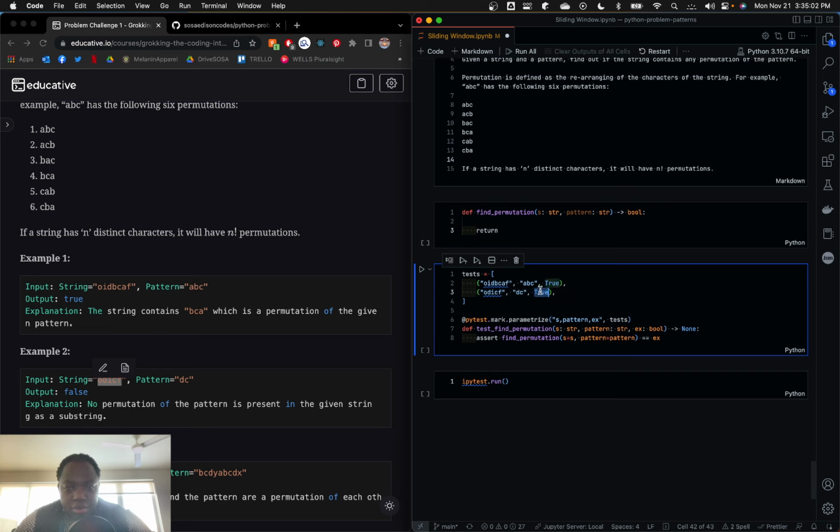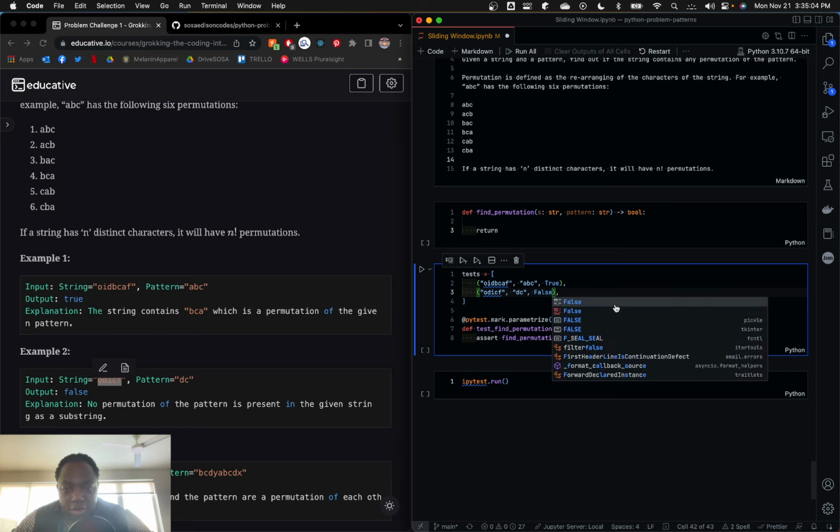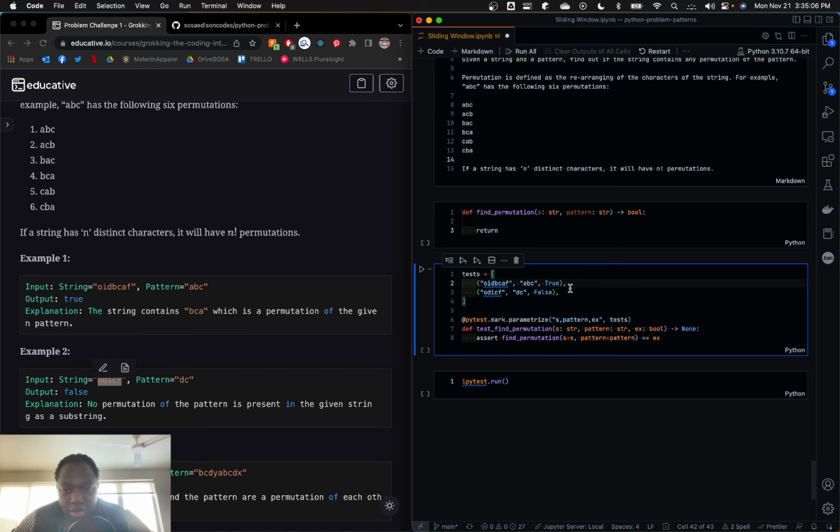DC, and that should be false because there is no. So a permutation is like those characters in any order, but I guess congruent, not congruent, contiguous. That makes sense. See, I can't just see a B, an A, and a C. I have to actually see some combination of those three letters together. Okay, so